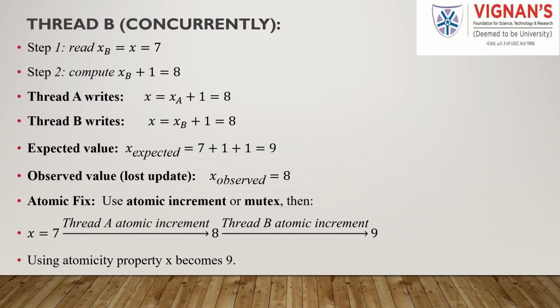The atomic fix ensures that each thread's update happens as a single, indivisible operation. Now, thread A completes its entire update before thread B starts, so both updates are applied correctly, and the shared data stays consistent. Outcome. Using the atomicity property, the final value of x becomes